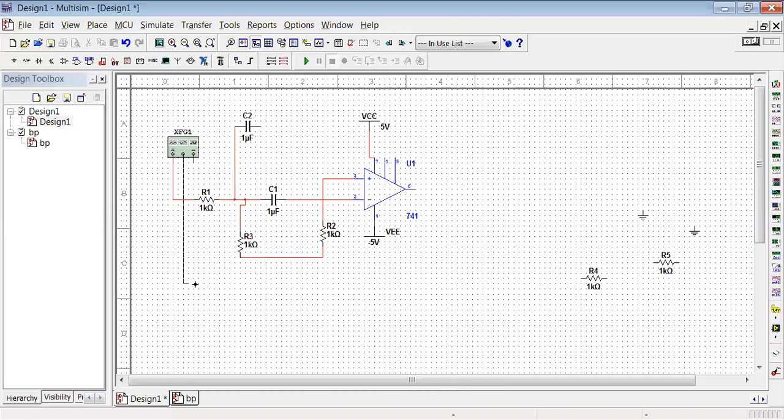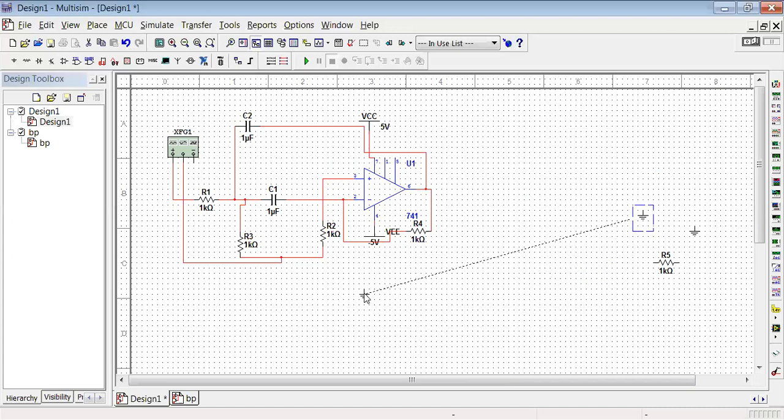And the input of the function generator is connected. We have another resistor. Place this resistor here. One terminal of this resistor is connected to pin number 2 and the other terminal is connected to pin number 6, and this capacitor is also connected.